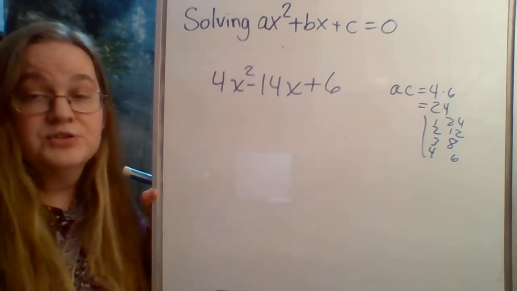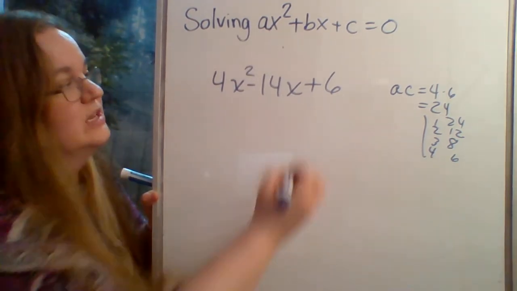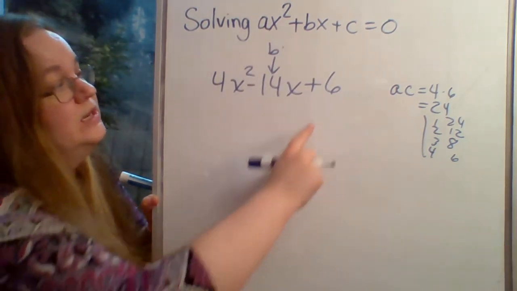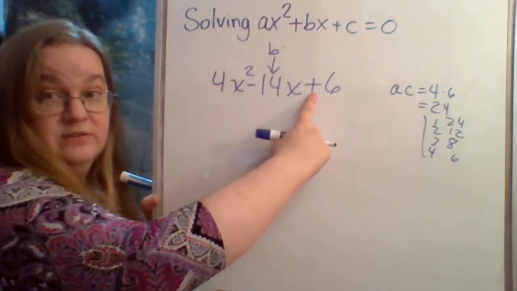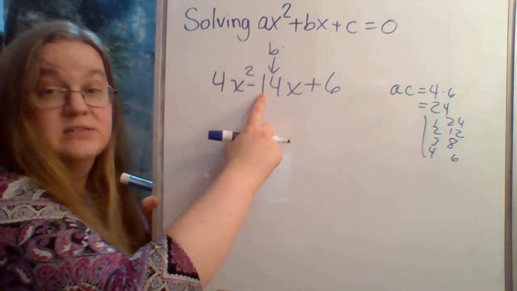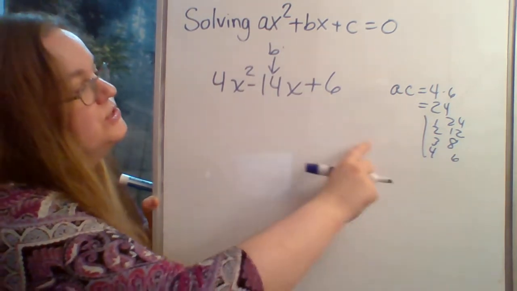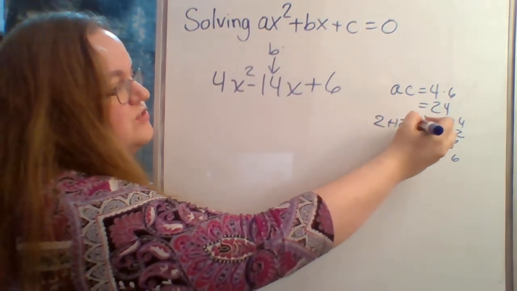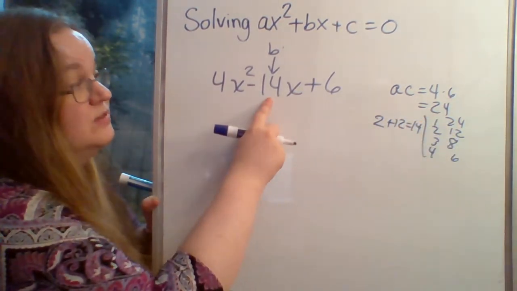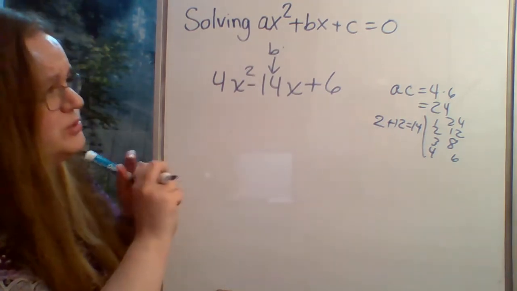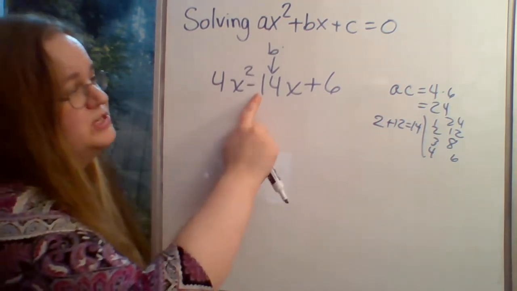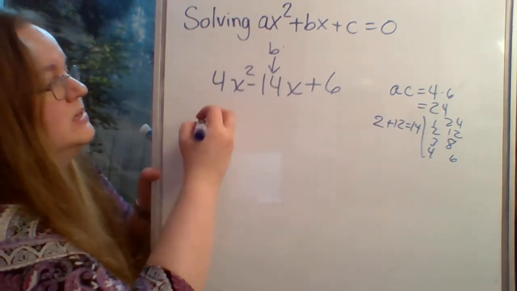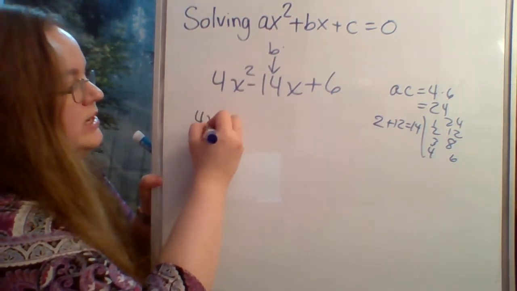And then I'm looking for two factors that add together to give me b. Remember, b is the middle term. Notice that c is positive, so this is still a sum. So when I look at this, 2 plus 12 is 14, which is what I'm looking for. So I'm going to break that up, except notice because this is minus, they're both going to be minus when I'm doing this. So I get 4x squared